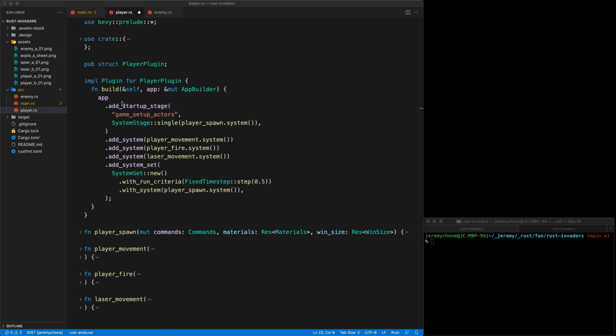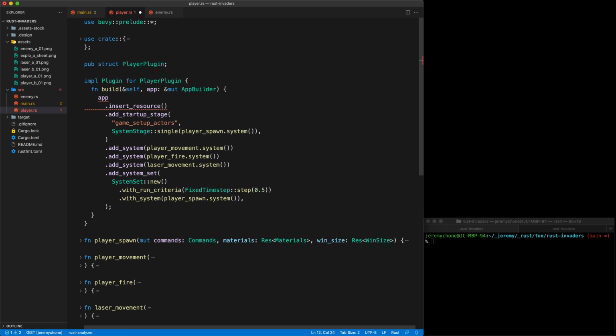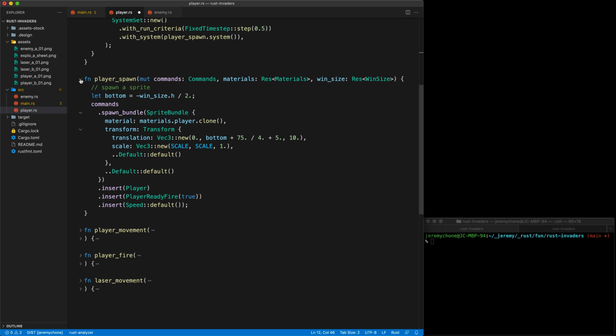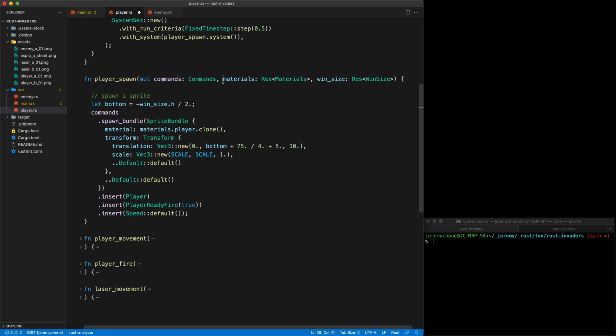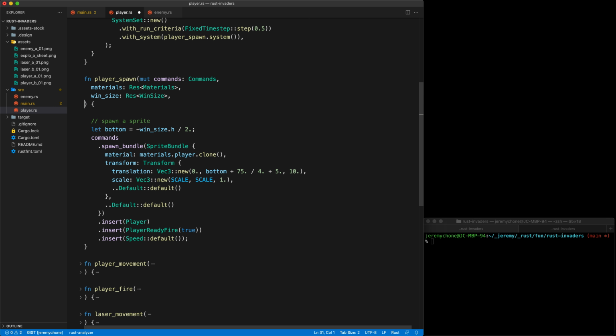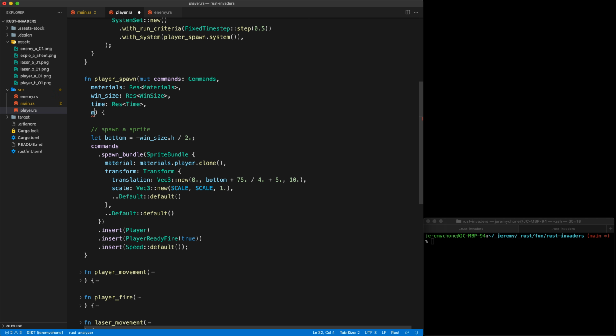Also, we don't forget to insert our resource, the resource player state, and we are going to use the default. And now in our player spawn logic, we need a couple of more resources here. So we're going to have the win size, but then after we're going to also have time, which will be a resource time. And then we're going to have a mutable player state, and that will be a ResMut player